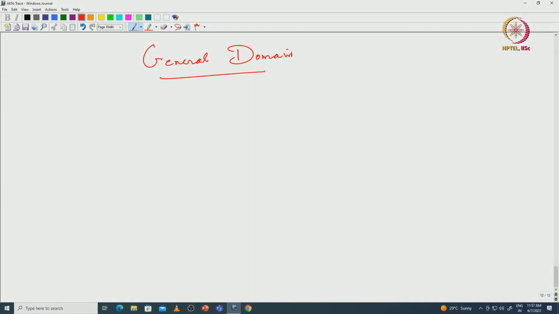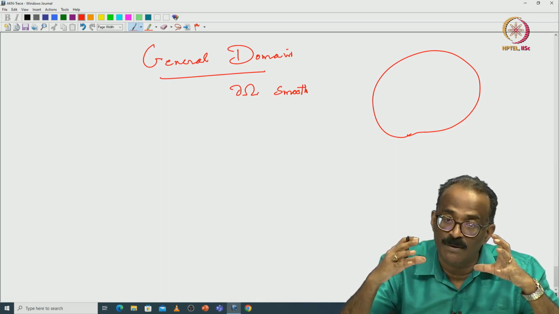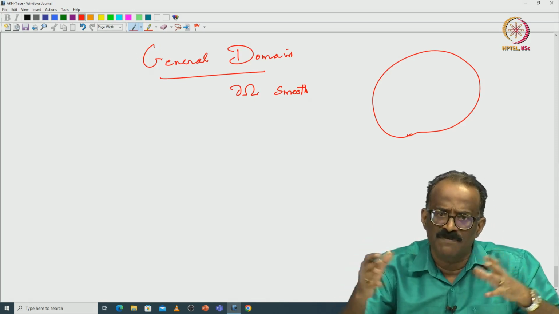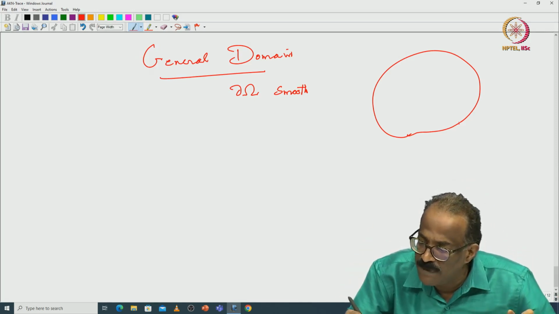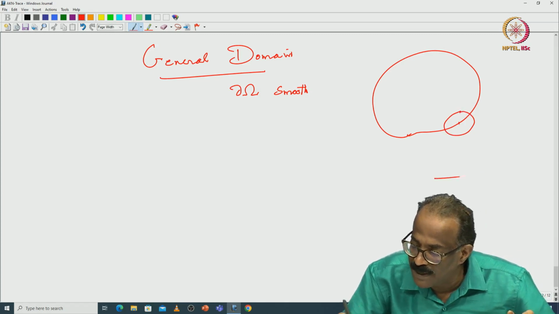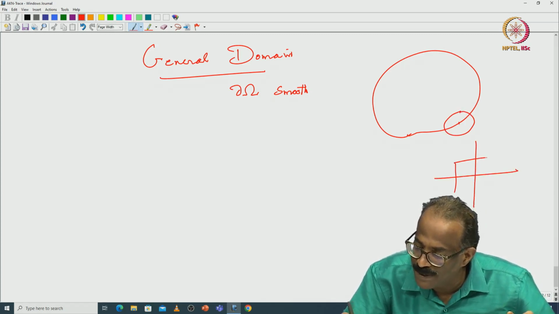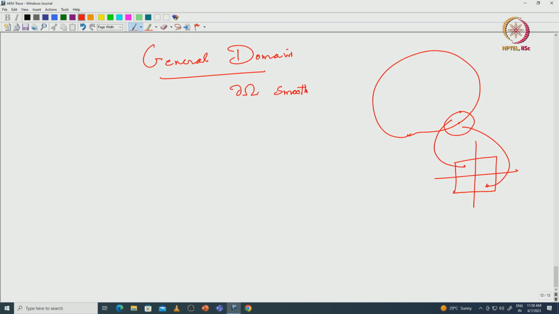General domain. So you have already seen smoothness. Okay, the boundary ∂Ω is smooth. This was already introduced, and basically smoothness tells you that once the domain is smooth, you can extend things to a bigger domain. That is the whole concept. Every point has a neighborhood, and that neighborhood can be mapped to a small half-ball, so that this goes here, this goes here, and this boundary comes here. Once you do that, you know how to extend functions from here to here,